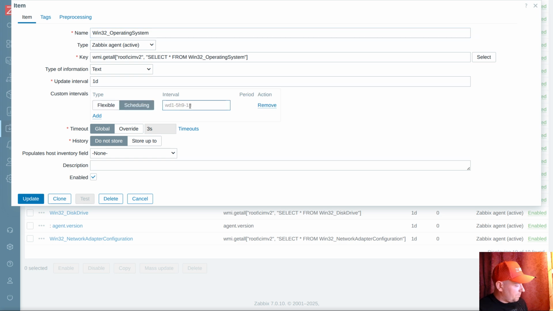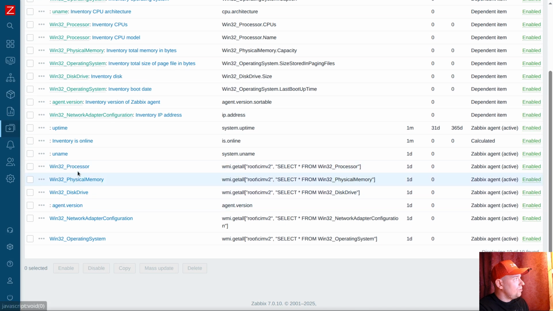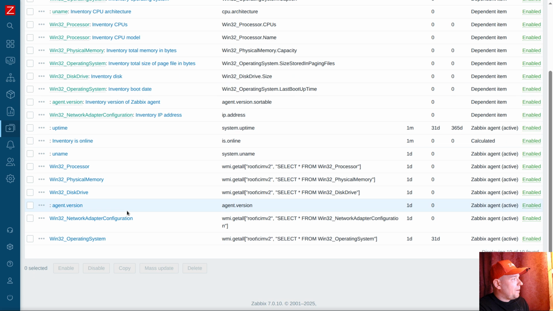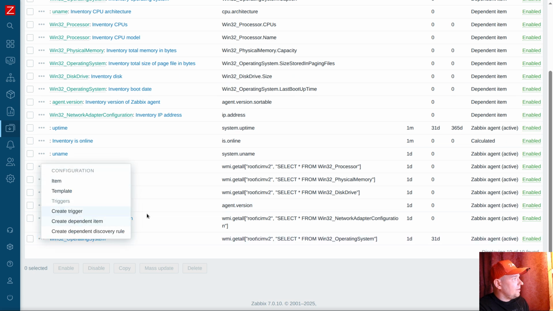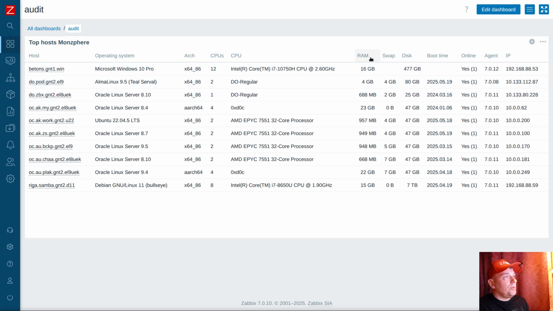Okay, and the operating system was not working. Let's set up the scheduling, like every time where there is second 15, let's manually execute. And right now for the operating system, let's enable the history. Maybe I will figure out why it's not working. Click operating system, going back to the dashboard. So I'm troubleshooting why the field is blank,